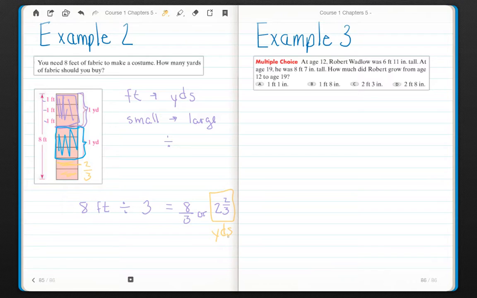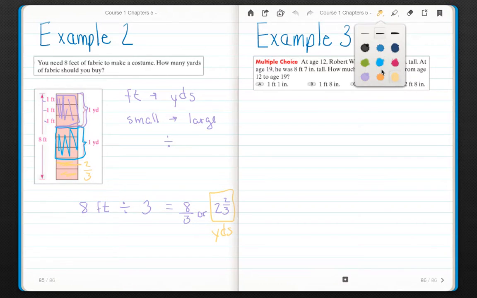All right, example 3. At age 12, Robert Wadlow was 6 feet 11 inches tall. That is really tall. At age 19, he was 8 feet 7 inches tall. How much did Robert grow from age 12 to age 19? So in this example, I need to rename or change my units. If I set up my problem, we'll use green. When I subtract, I always have to start with the larger. So 8 feet